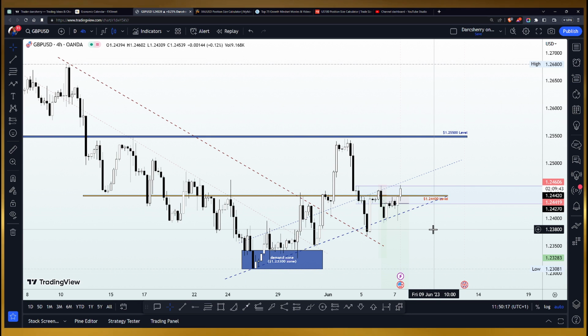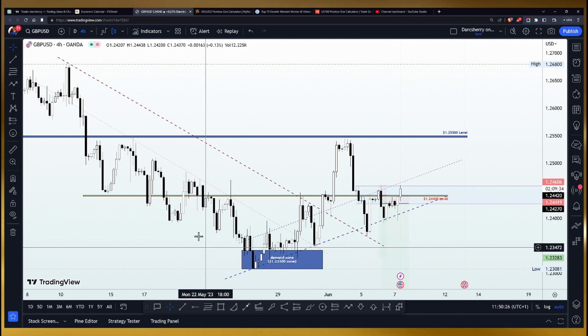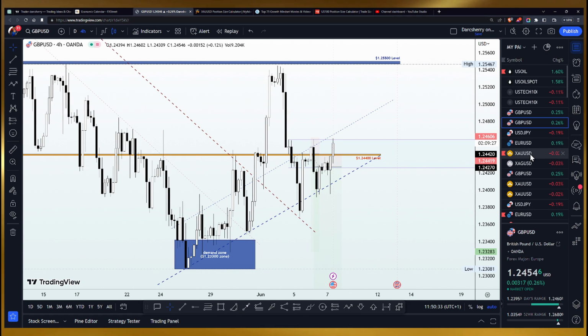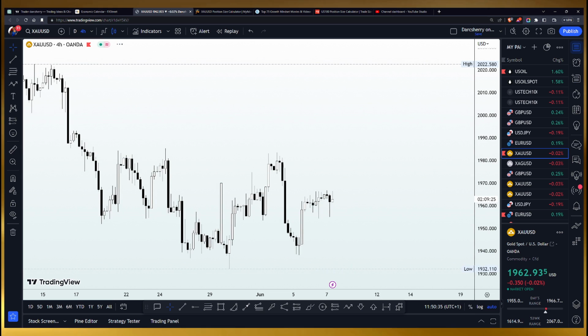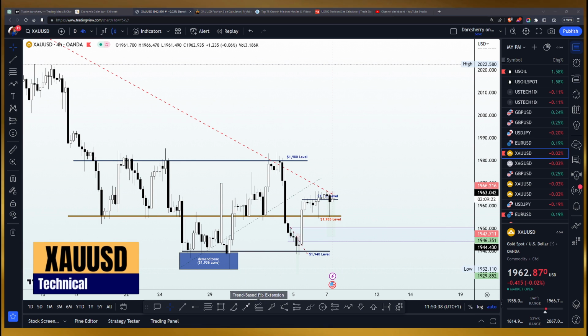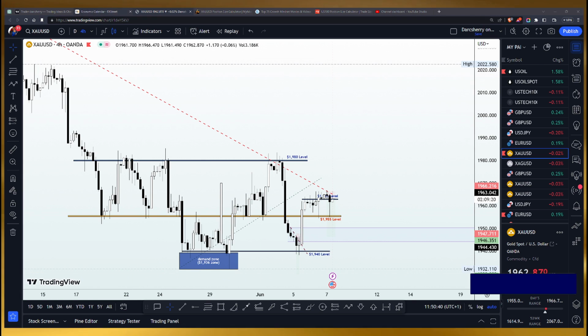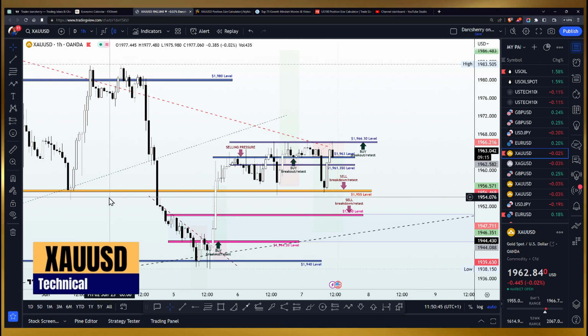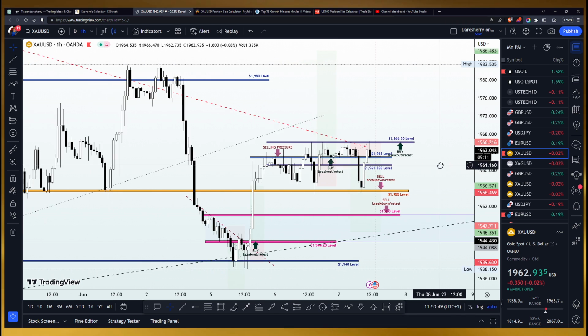All right, everyone. In the absence of any questions on the GBPUSD, I want to assume that we're on the same page. So I will be moving on to the next instrument for today, which is going to be the XAUUSD, the gold commodity. Let's look at what has been going on this chart since the beginning of this week. We are going to be scaling down into the 1 hour time frame.